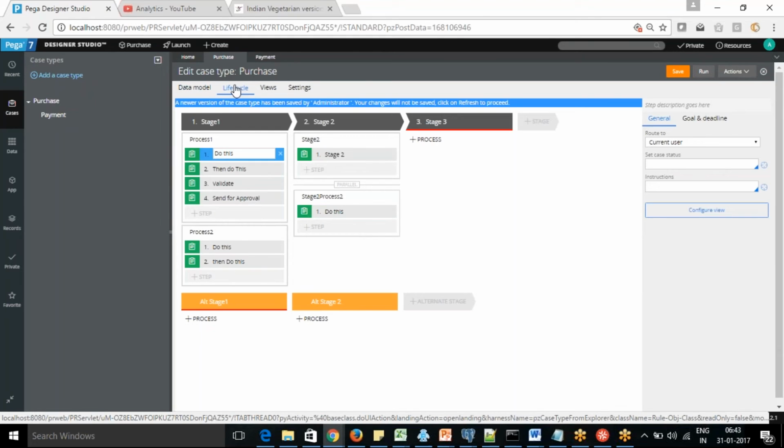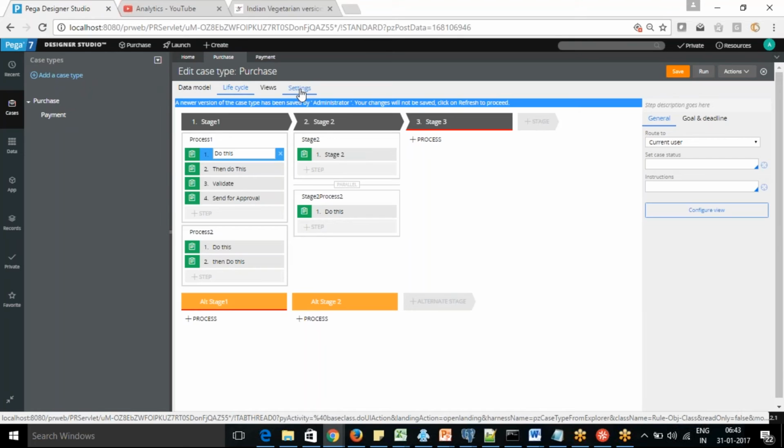In earlier versions, before 7.1.9, the look and feel was not like that. There were no views and no data model. You would see only the life cycle and the settings tab. Whatever you are seeing here changes in every version, 7.1.2, 7.1.6, 7.1.7, 7.1.9.